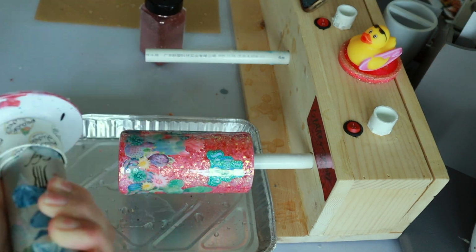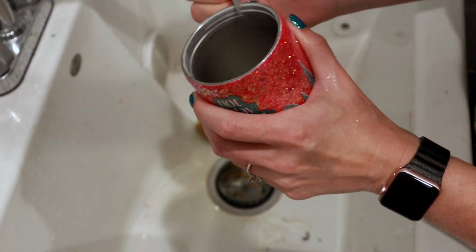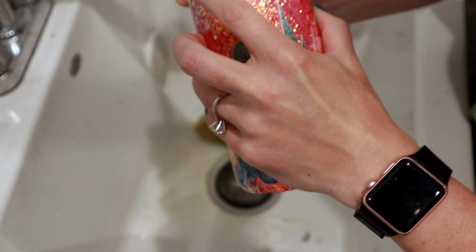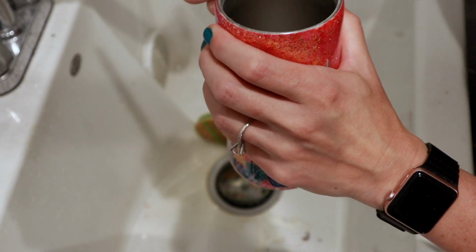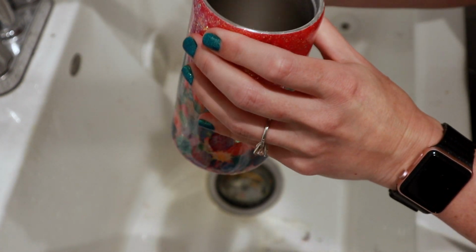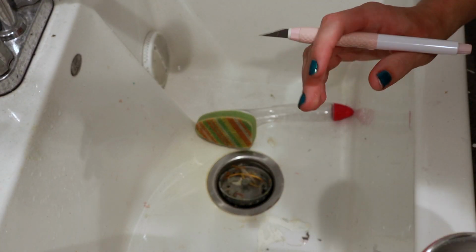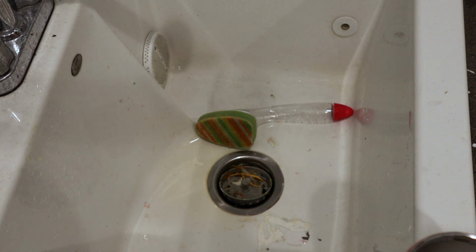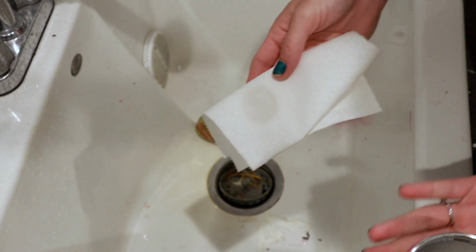I let my cup turn and dry for at least 12 hours before I go into the final cleaning process. I want to make sure before I start manhandling it again, it is really, really well dry. I'm going to first start with my craft knife as always and remove any excess epoxy up at the rim of the cup, and also if there's any little droplets that got inside, making sure not to scratch the inside of the tumbler. I then will go in with paper towel and pure acetone and wipe out any excess spray paint that went inside of the tumbler as well. I do a couple passes of this just to make sure that there's no residue on there,